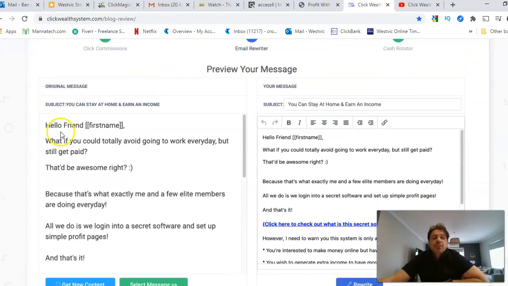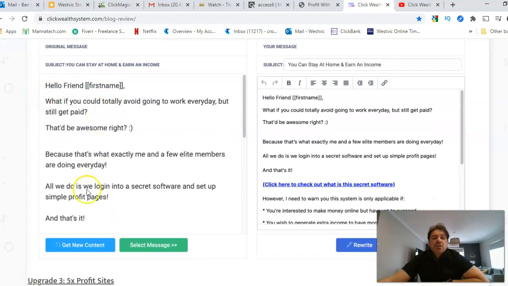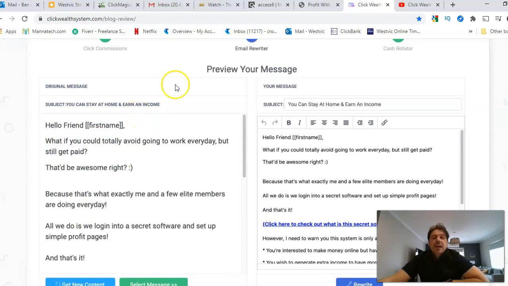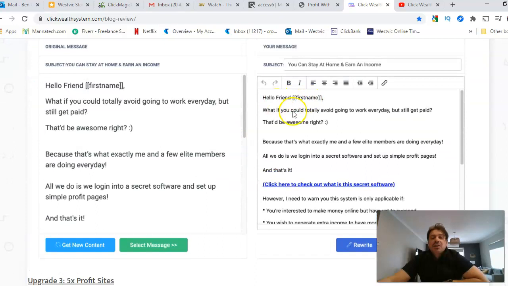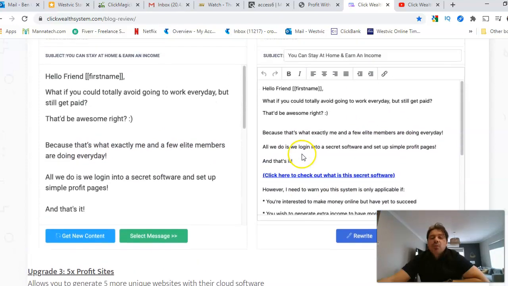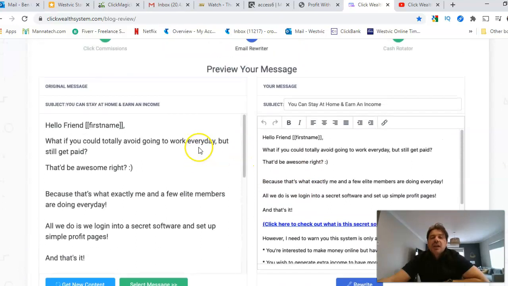So here's the original message. This is what you can get. You write out a basic message, but this Profit Multiplier will allow you to transform the message into a slightly different message. Hello, friend, what if you could totally avoid going to work every day but still get paid? That'd be awesome, right? Because that's exactly what a few elite members are doing every day. So it's just a slight change, but what it does is rewrite the content